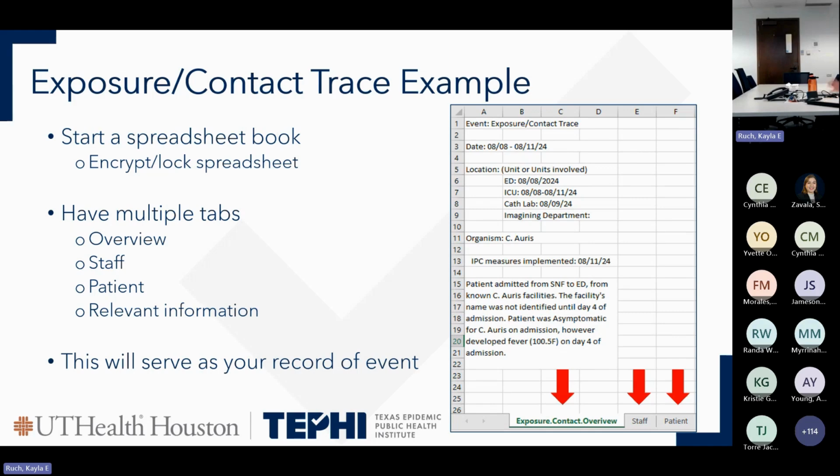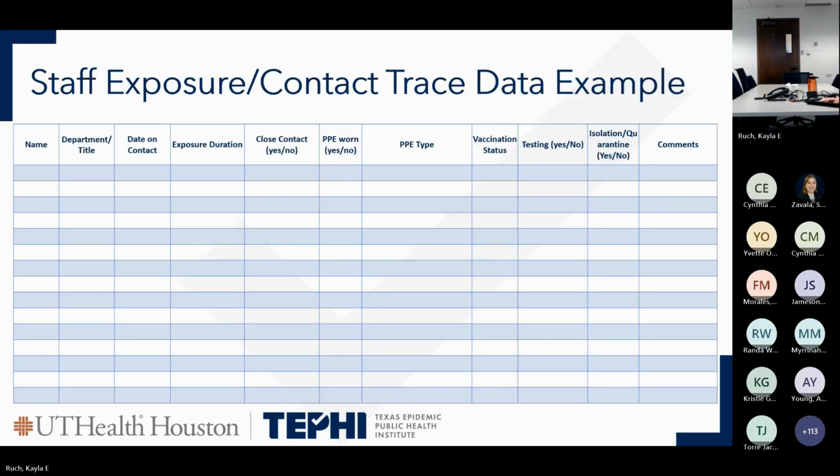That has been really nice, that it's all kept in one area, though it's a big document. Feel free to modify it how you see fit, or if a different methodology works for you, but this is just one recommendation. So this is some of the information that I create on each of those tabs. Now we're in the staff tab, and the first column is your name, department and title,